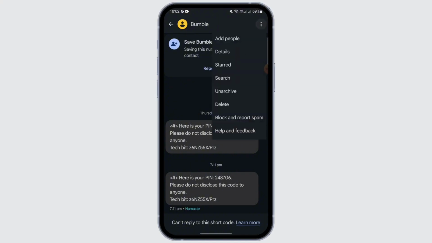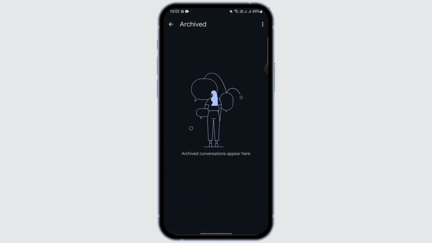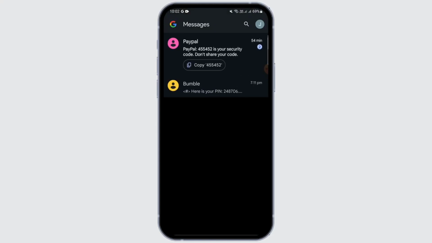Just tap on the three dot here and tap on unarchive and get back. After that, your message that was archived will be removed from here, and you will be able to see that message again here on the main page. So in that way, you can recover your deleted messages on Google